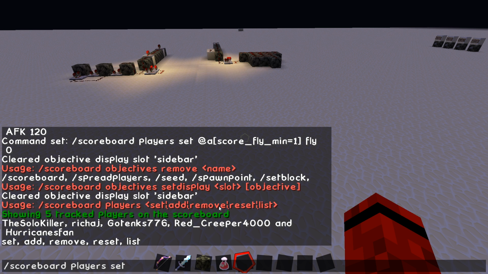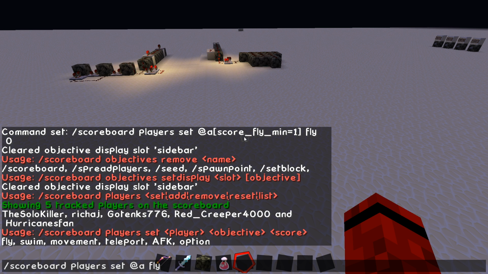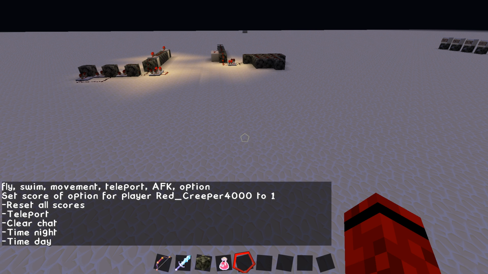There are scoreboard players set, let's just look at the usage. It sets, and then whatever player you want. I'm the only one online right now, so that's the only one it's going to bring up in the tab. So set the player, you could do @a, yeah, same thing. Set @a, and then their objective, whatever you want, like, right here, I could turn my option score to 1, and that will bring up my menu right here. So if I do that again, then